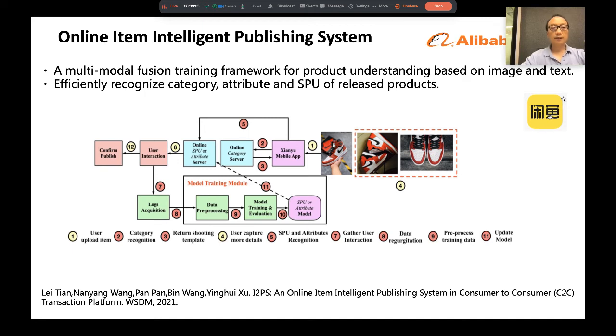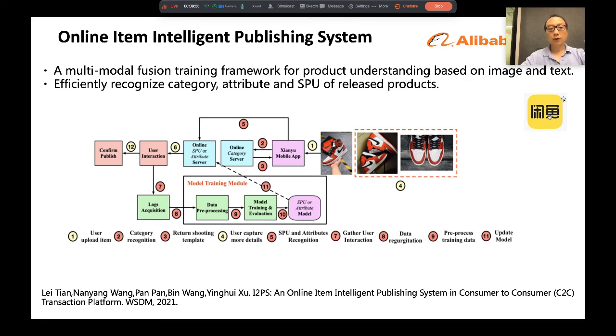It is designed for personal sellers to publish their items in an automatic way with the uploaded images. The proposed system not only can get sellers to capture more detailed information by category recognition, but also can tell the seller exactly what this product is and which attributes it has. The system has been deployed in the Yingui mobile app.